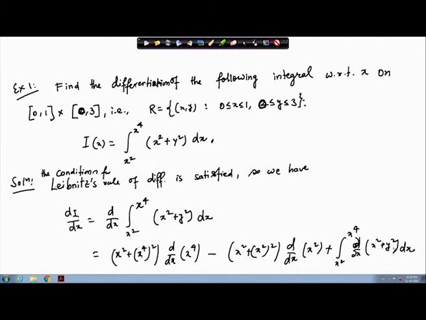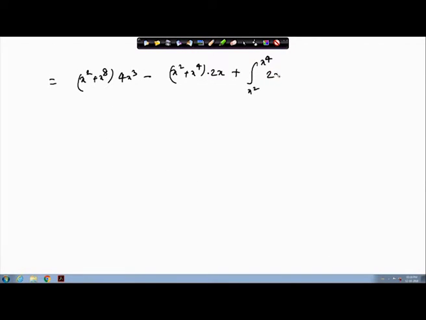The derivative of the second term will be 0 and the first term is 2x, so I can write 2x dy. So this is basically x square plus x to the power 8 times 4x cube minus 2x times x square plus x to the power 4, and this one will be 2x times the length of the interval, so this is basically just x square